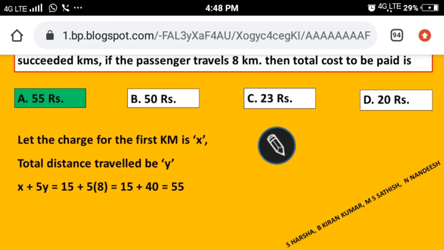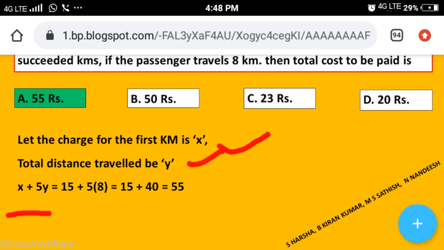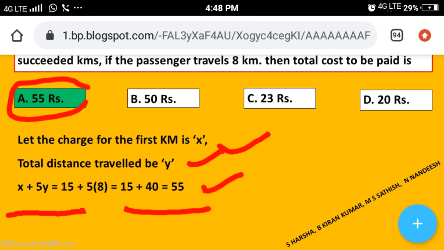Let the charge for the first kilometer be x and the distance traveled after that be y. So therefore it becomes 15 plus 5 times y, and the y value is given as 8 kilometers. So therefore 15 plus 40, it gives 55. Therefore 55 is the total answer. Option